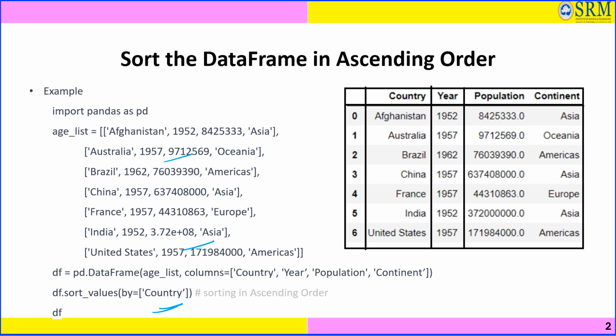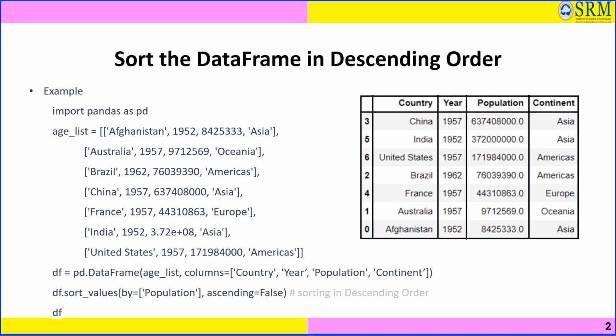So choose the country. So here you have to arrange it in order. In the previous case, it is not in order. So you have to sort it out first. Afghanistan, Australia. So this is arranged in order. Accordingly, the year, population, continent will be aligned. Okay. So here we sort the data frame using